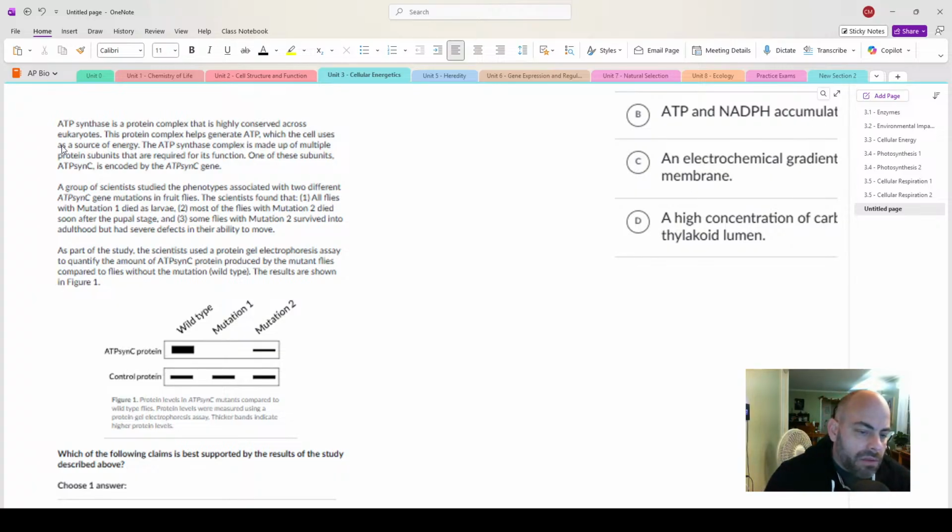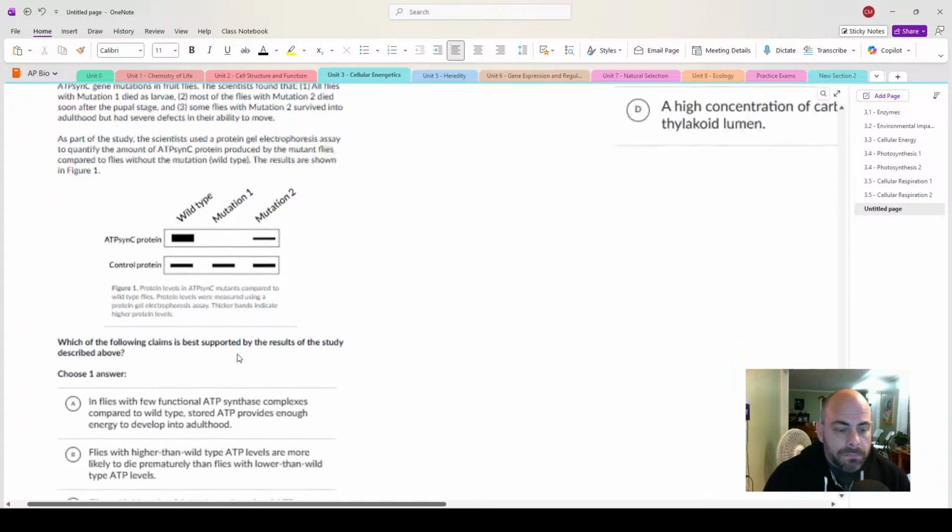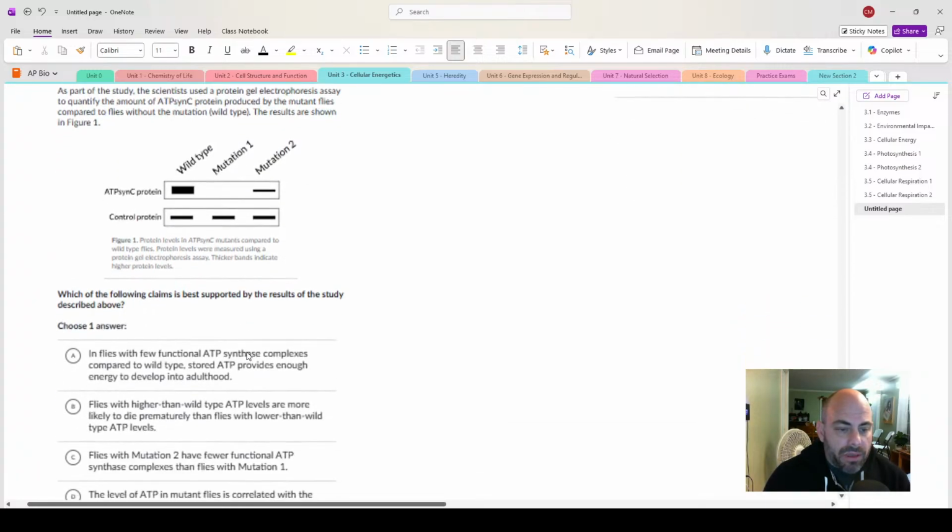Okay. So this question is probably a little bit too Unit 6 for us, but we're going to look at it anyway. So there's the control. All of them are found there. And the protein with mutation 1 doesn't have this protein, which is an important part of the complex. Which of the following claims is best supported